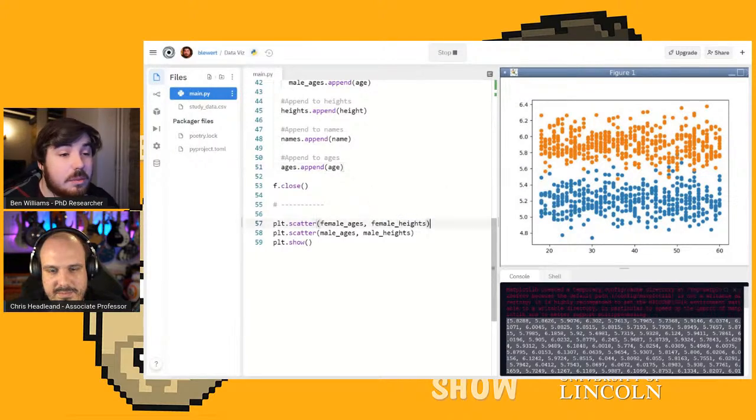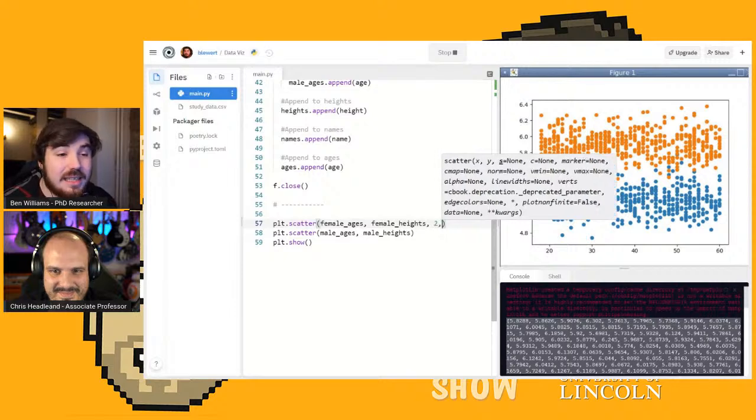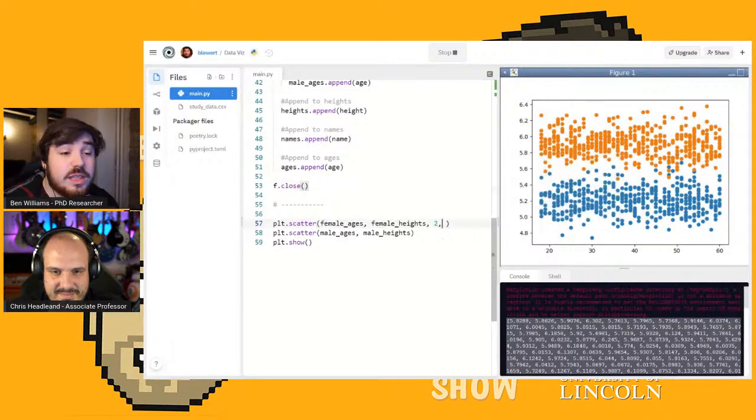So there are a couple of commands in Matplotlib to do this. I can't necessarily remember them off the top of my head, so I'm just going to guess. The first thing I'll talk about is this 2. What this means is the point size. So if I put in 2, what we can do is